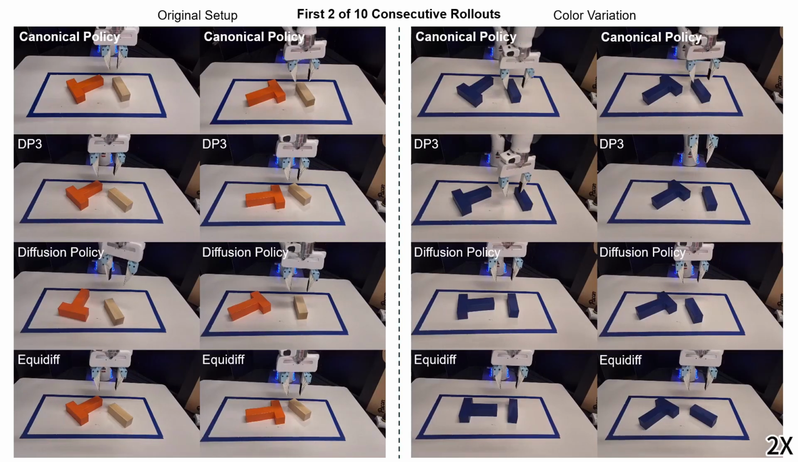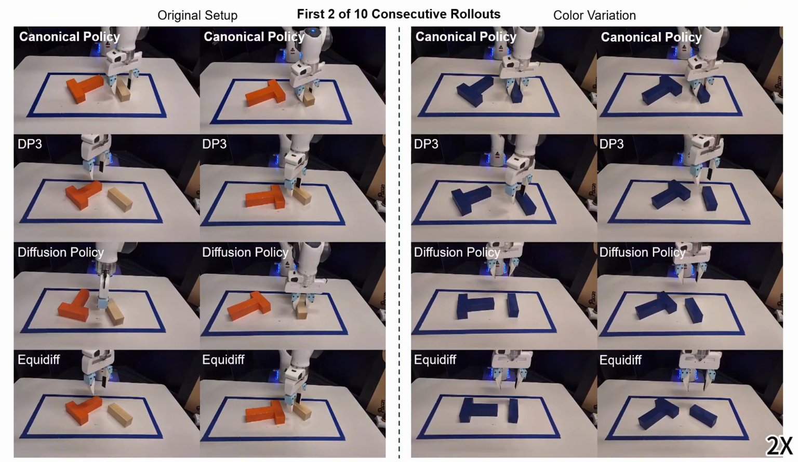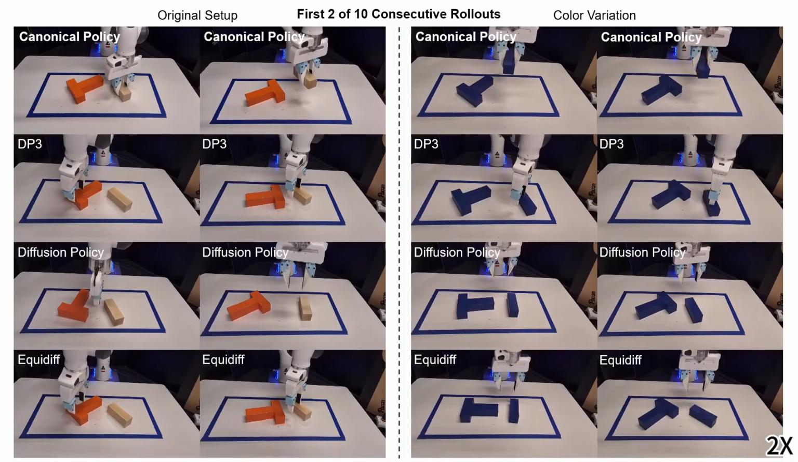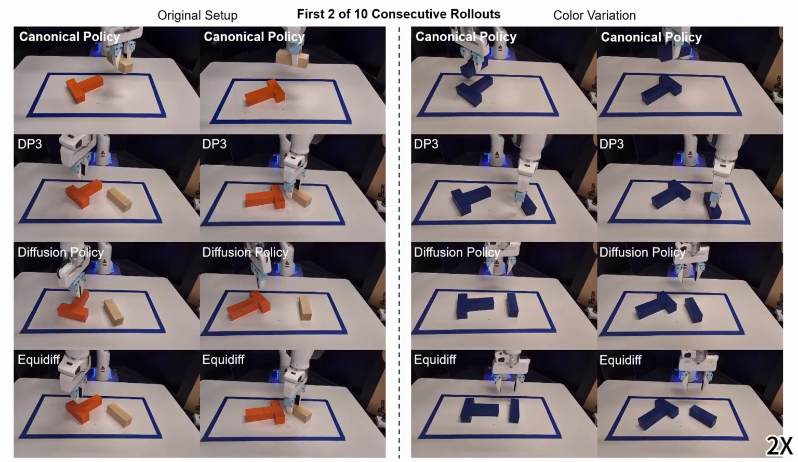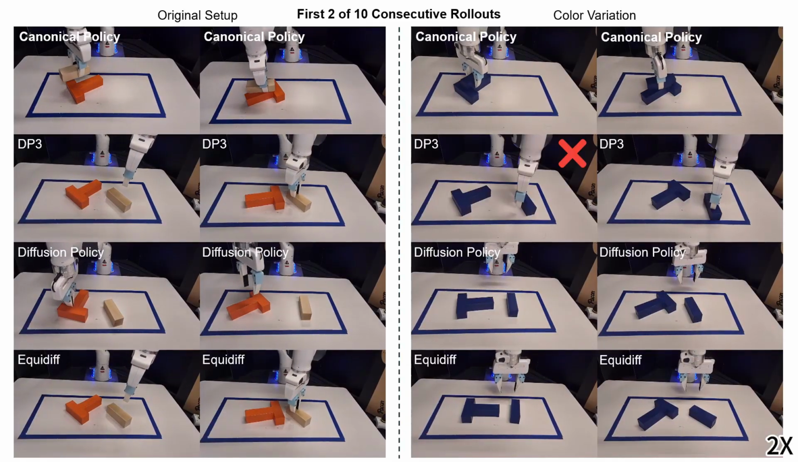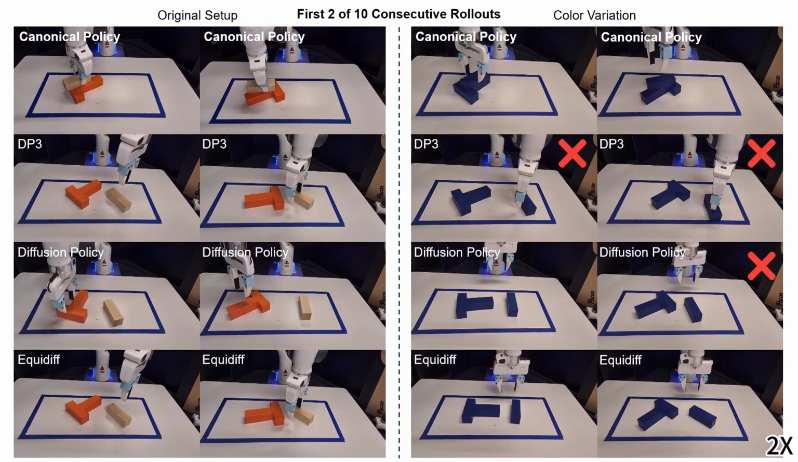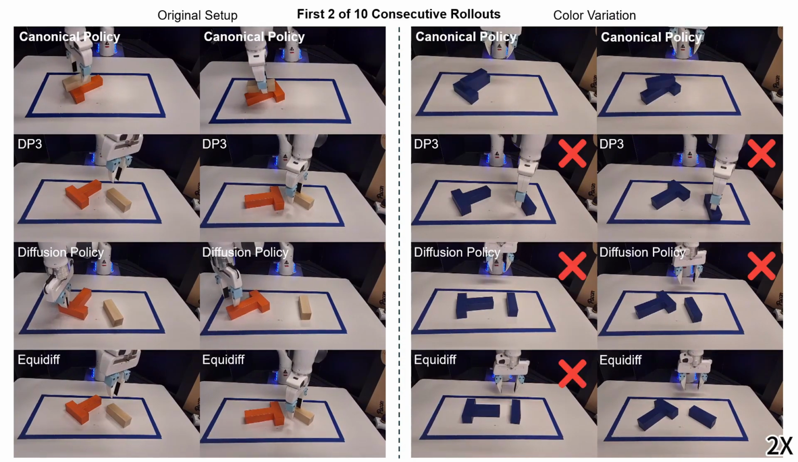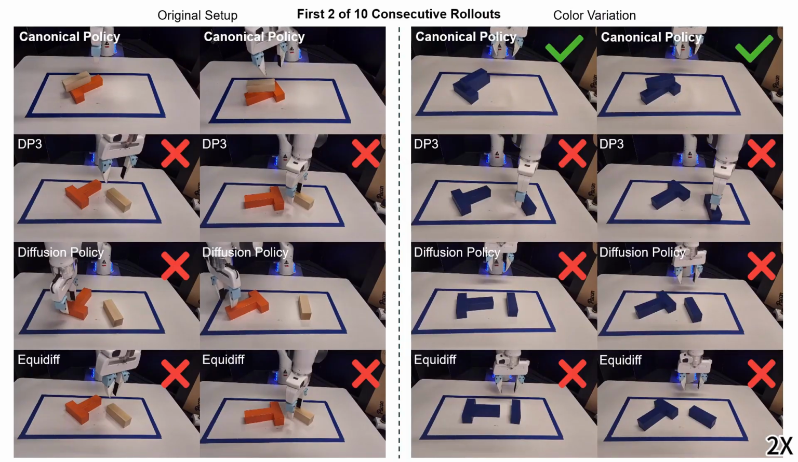In the block stacking task, the robot stacks an I-shaped block onto a T-shaped block. On the left, under the original setup, the canonical policy performs reliably. On the right, even with changes in block color, the policy continues to execute the task accurately, showcasing robustness to